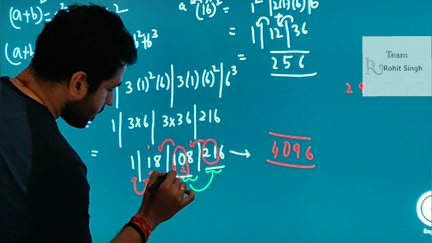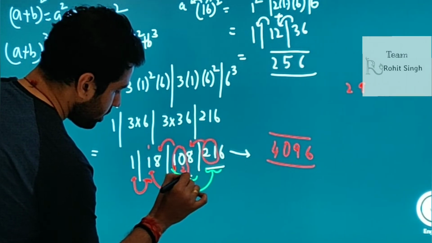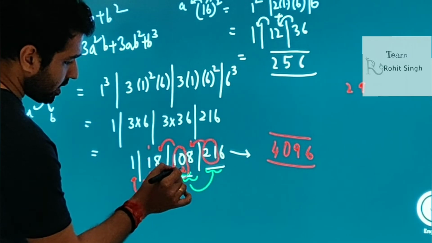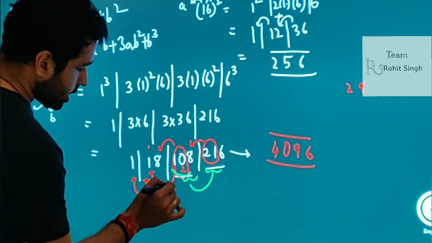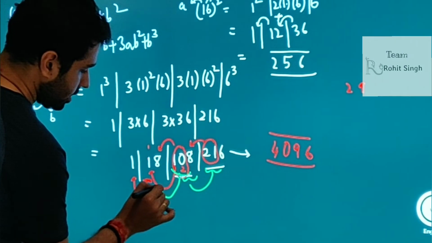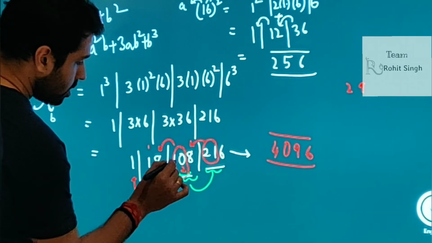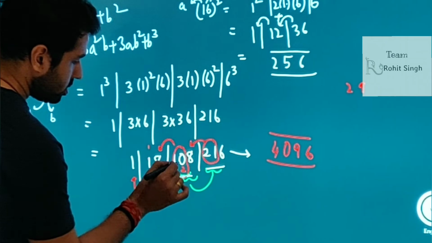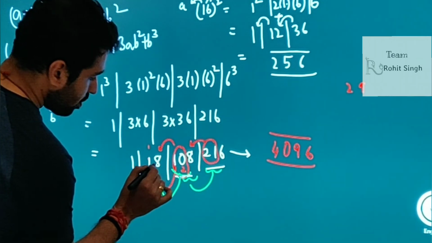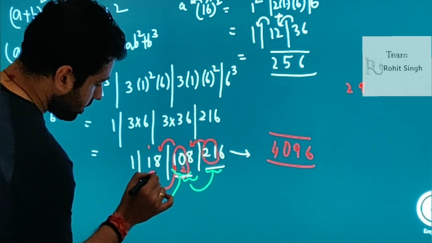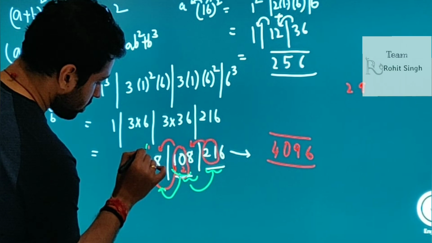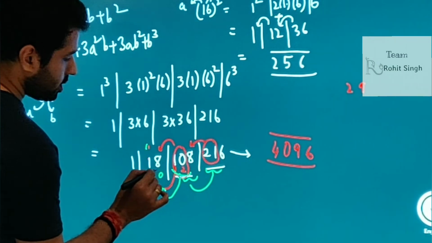Now this value that you have becomes the tens place. This is the units place, this is the tens place. So this tens place is carried and added over here, right? So when you add this, what happens? Now you have 2 over here. So 2 plus 8 gives us 10, right? So you get 0 over here and the 1 is carried over here. So 0 is in the units place.